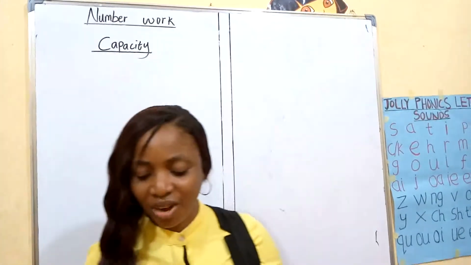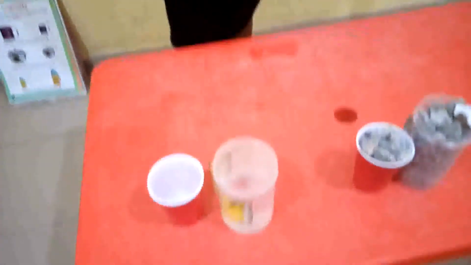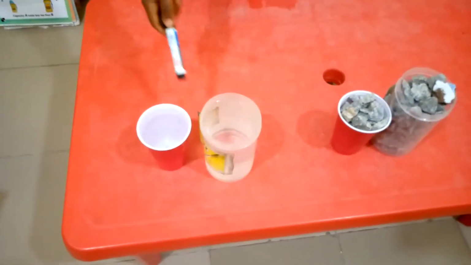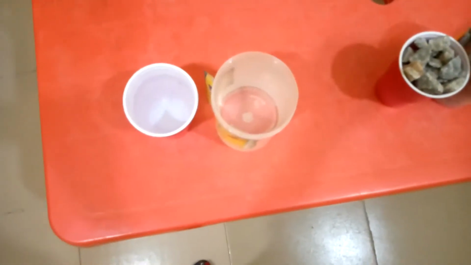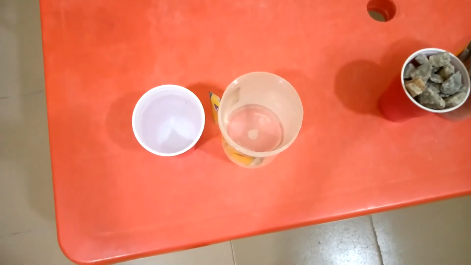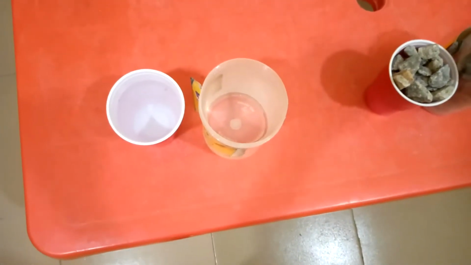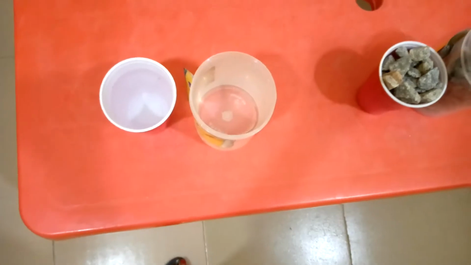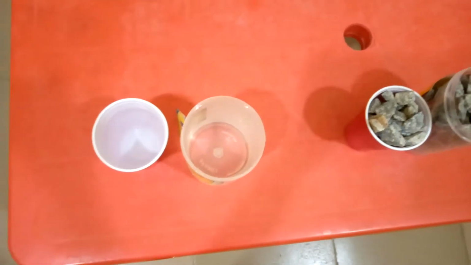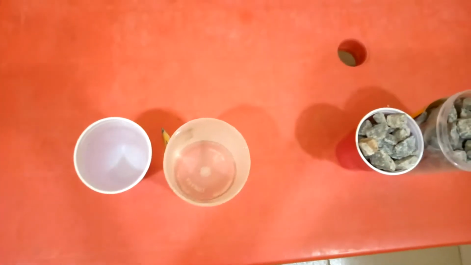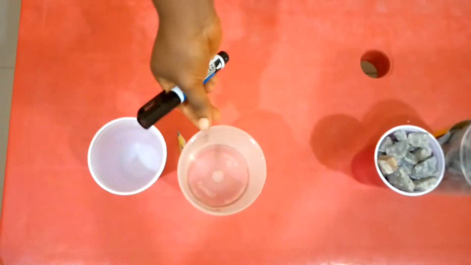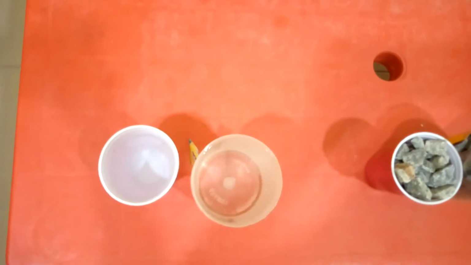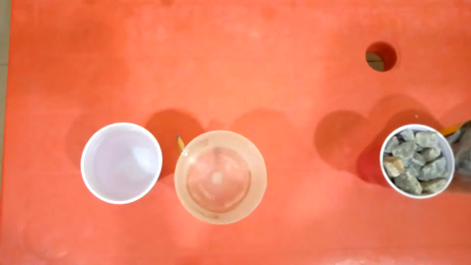Now, I have it here with me. Look at this. This is what I mean by container. Now, inside this container, we have water, which is our liquid. In case you don't know what liquid is, your water is your liquid, your mineral, your juice that you love taking is in the form of liquid. Now, capacity is the amount of liquid, or solid a container can hold.